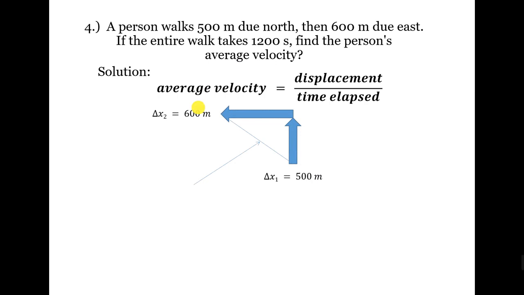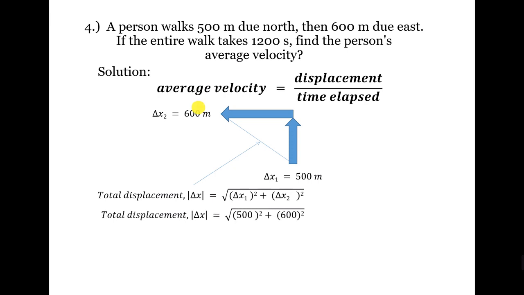Now we need to solve the displacement before we can proceed to the formula. As we observe from the figure, it represents a right triangle, and we can now use the formula for the right triangle. The total displacement or change in x is equal to the square root of the sum of two squares, which is this change in x sub 1 plus the change in x sub 2 with magnitude. Then substitute the values to the formula. The total displacement is now